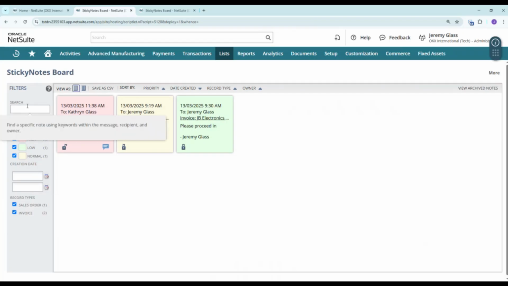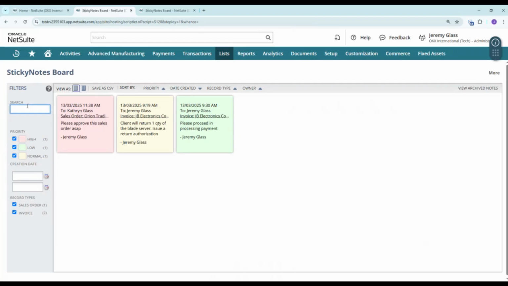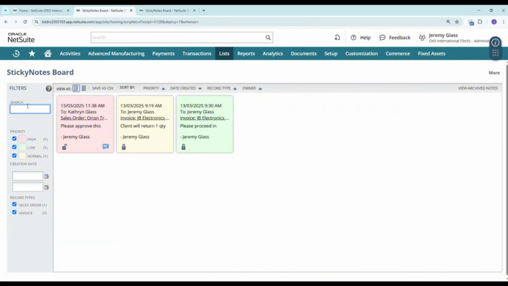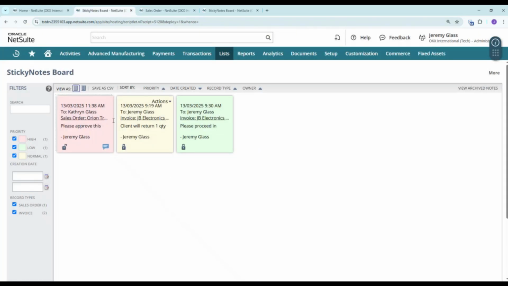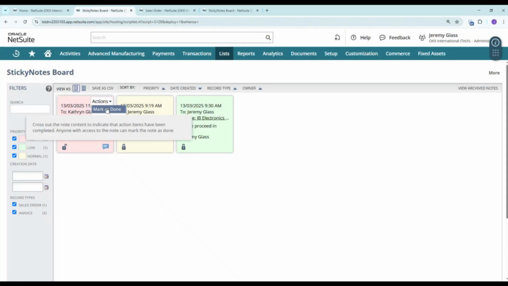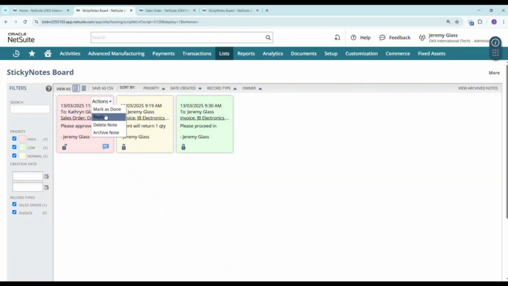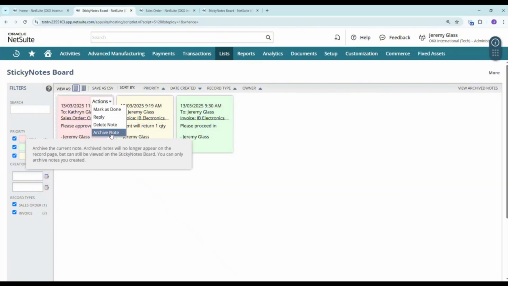You can also leverage the search bar to search for the specific orders or specific note that you would want to take an action. So for example, the one that we just created is this one, the one that is highlighted in red. You will see here that there's a direct link going to the sales order if I want to review the details, or if I go back to the sticky notes board, I can mark it as done, reply from here, delete the note, or archive the note.